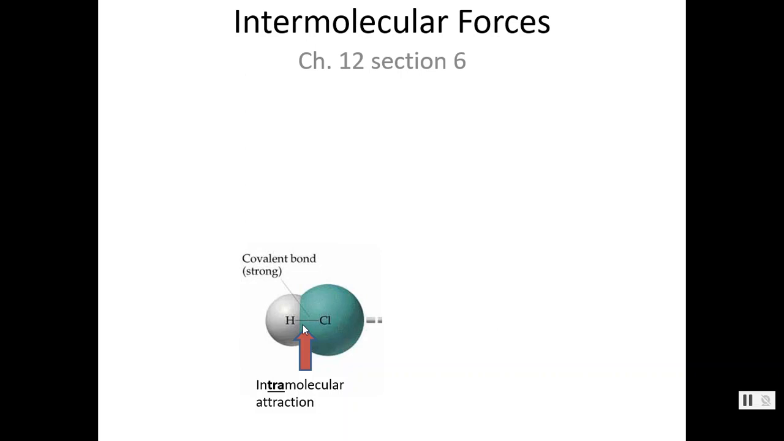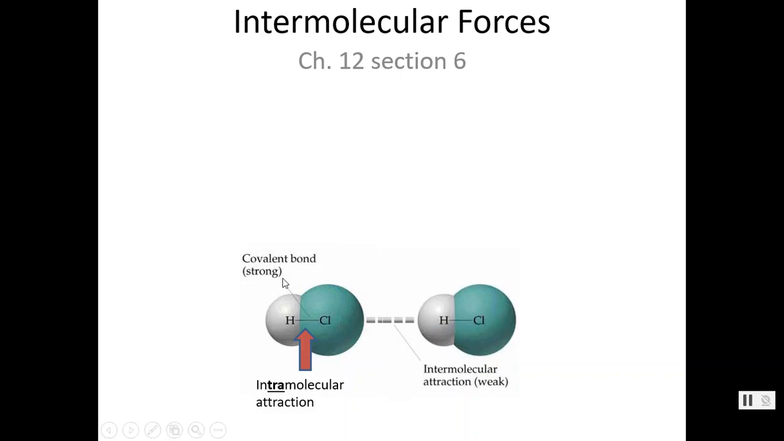So those kinds of bonds, covalent and ionic bonds, are called intramolecular attractions. They're very strong, they're what gives structure to a molecule, and that's why we studied them for a good part of this course. But we should not neglect something that's called intermolecular forces. Those are forces that are between